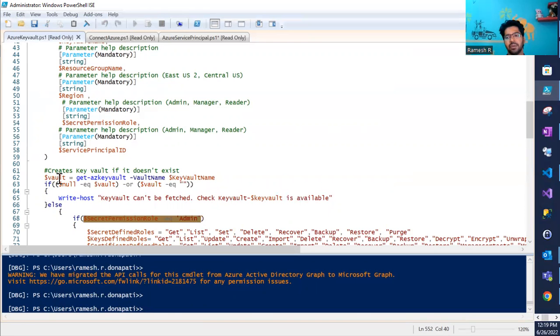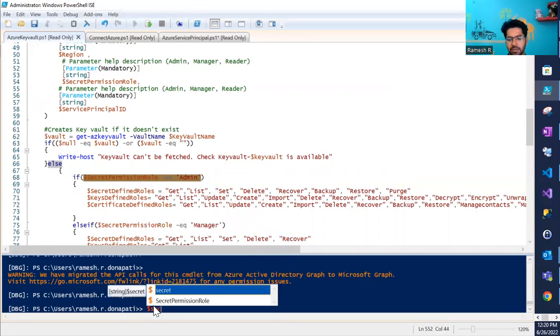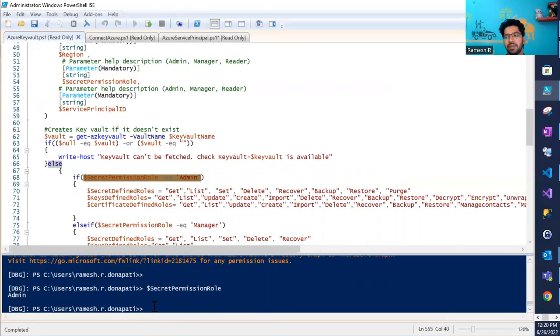Now at line number 62, it is validating if the key vault is already there. So we have certain value inside this $vault, so this condition won't satisfy. So it will go to the else one. Then I have given secret permission role as admin, I believe. Let me check $secret permission role. So I've given it as admin. So this condition satisfies, and it will save these things